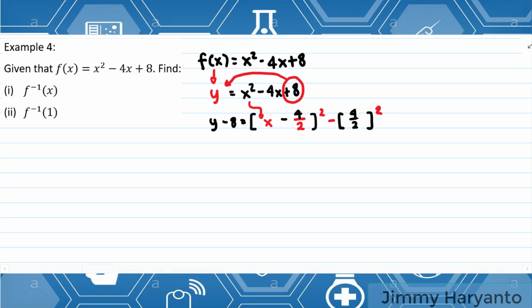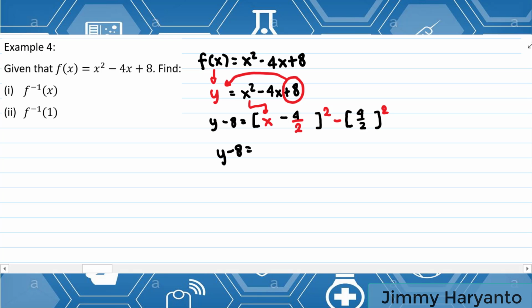Okay, one more time. I will erase this first. How to complete the square? First, you create a bracket, and then you rewrite this x, and then you rewrite negative 4. It's always divided by 2, and then write the square right here, and then it's always negative, always minus, and then you rewrite the 4 over 2, and then give the square. It's like that. Okay, that is completing the square.